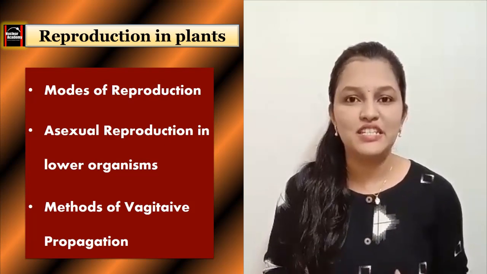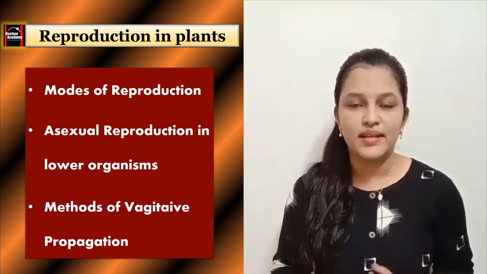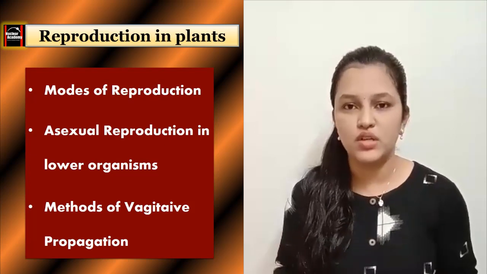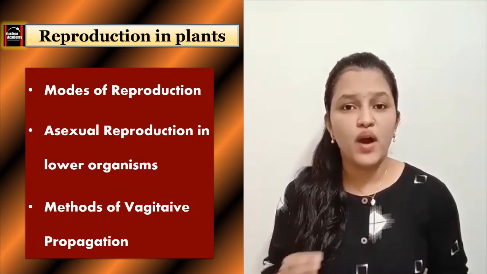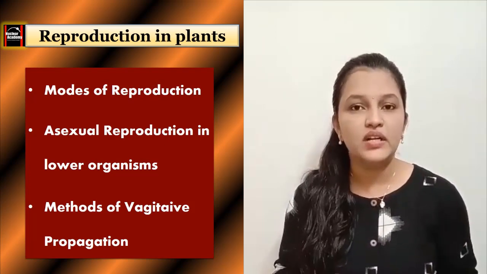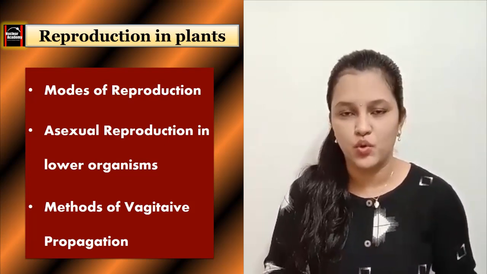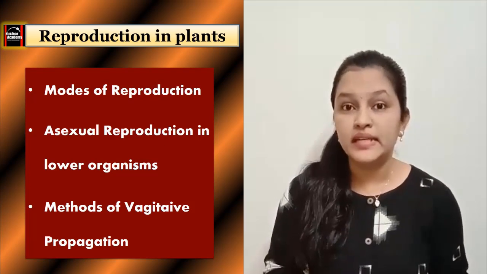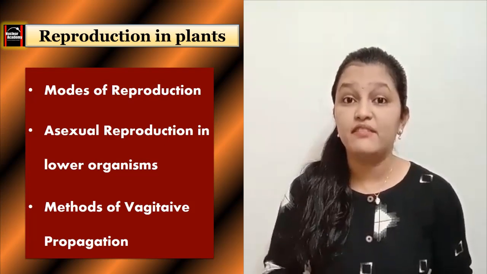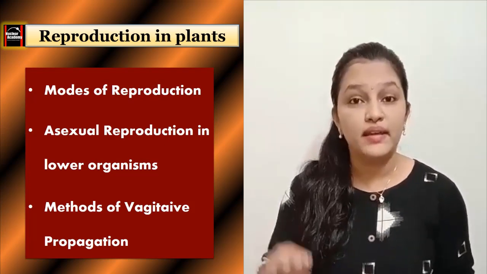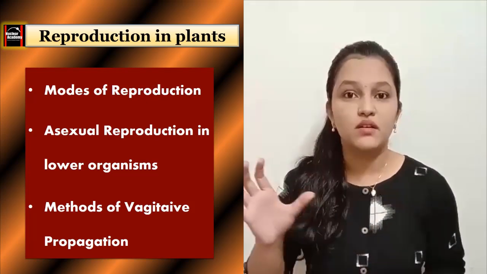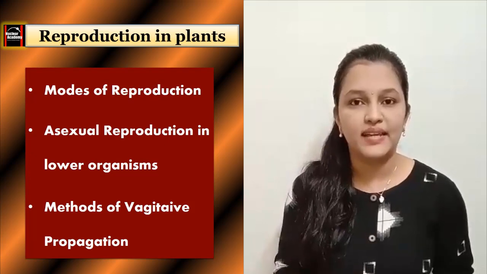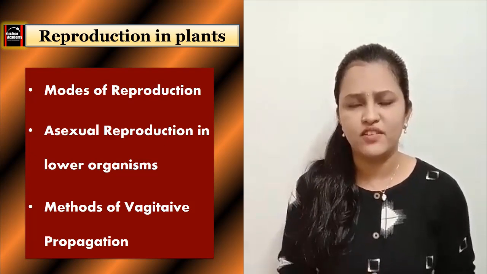Now what I'll suggest you is this part, that is methods of asexual reproduction as well as vegetative propagation. This you have already studied in your 10th standard science 2 textbook, from lesson number 3, life processes in living organisms part 2. There you have already studied this part with good labeled diagrams, colorful diagrams, and a good description is given there.